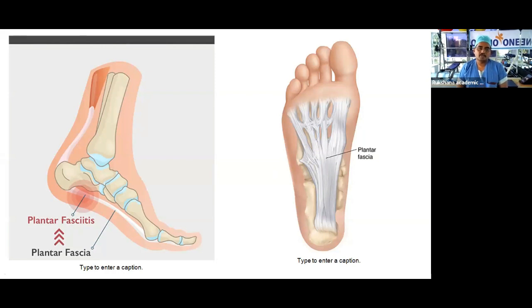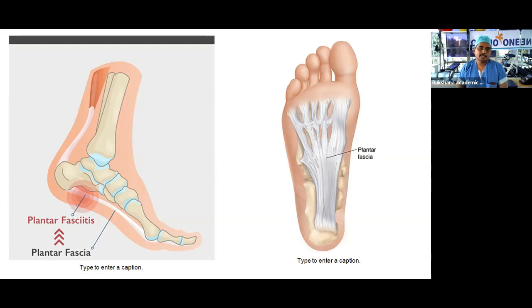When we look at the reasons, one is obesity. Where there is a higher BMI, your skeletal apparatus would have been made to withstand only so much pressure. But when you put on weight, when your BMI increases, there's a lot of stress going through the heel and the muscles around it. So this is one of the main reasons.